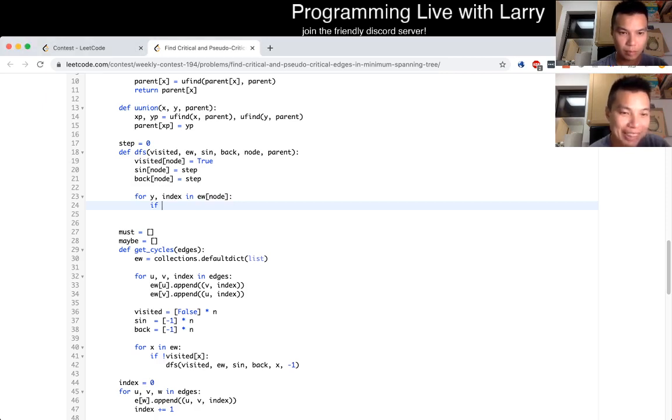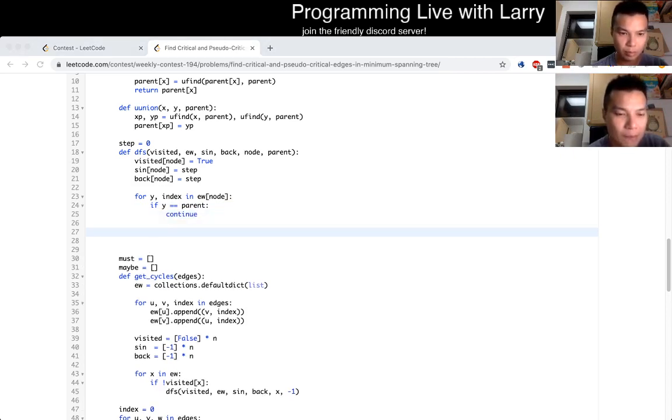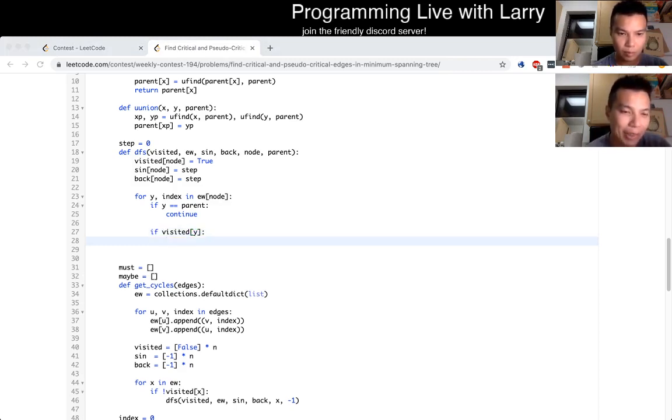I forgot to increment it here, so I do later go back to fix this, but this is just the x is equal to parent so that we don't go down to your parent, but we actually need to change that a little bit, a spoiler. But yeah, if we already visited, then this is pretty straightforward. We set the current node's back edge is equal to the earliest step either here or